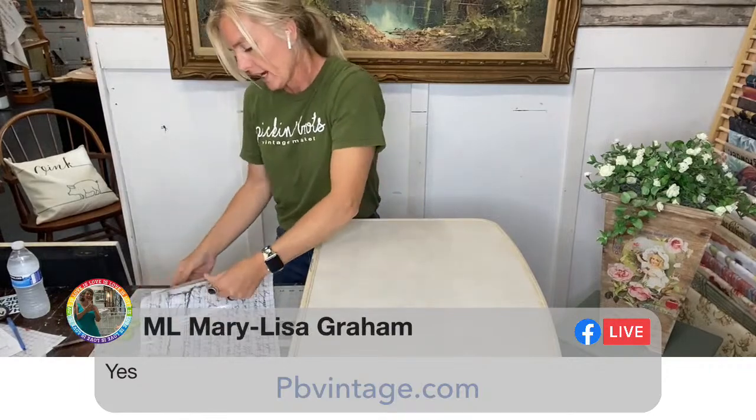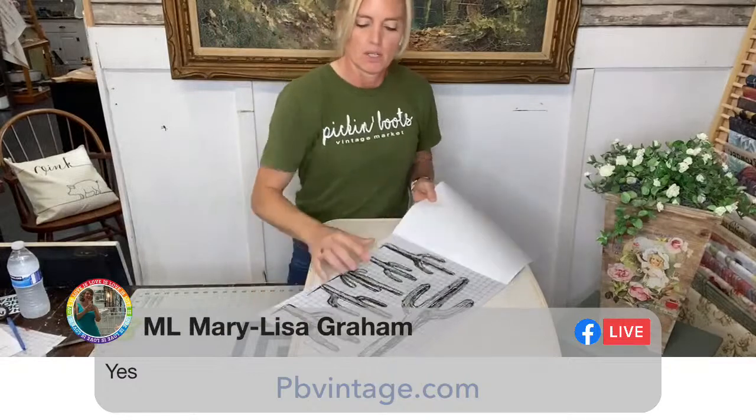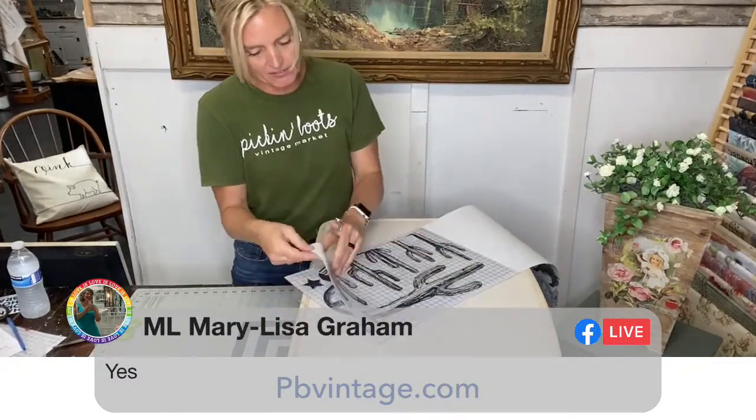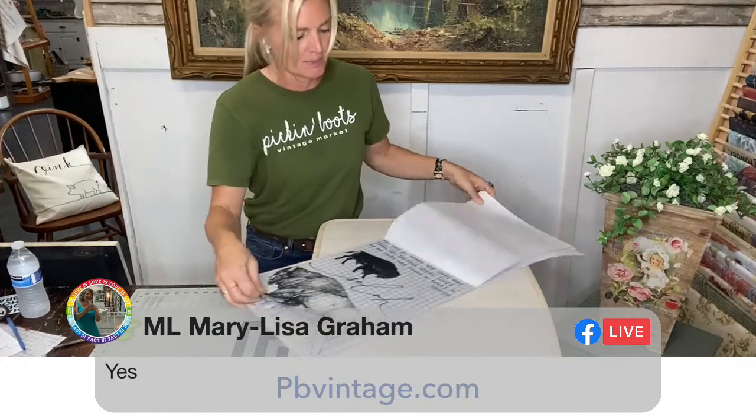Now these are really fun, these transfer books, because you can cut and put together the different parts that you want. You don't have to keep the sheets in the order or the way they're laid out. So you can make it yours in any way you want to. What I want to use is cactus, and definitely need to use, where are my buffalo at? There they are. Oh my gosh,